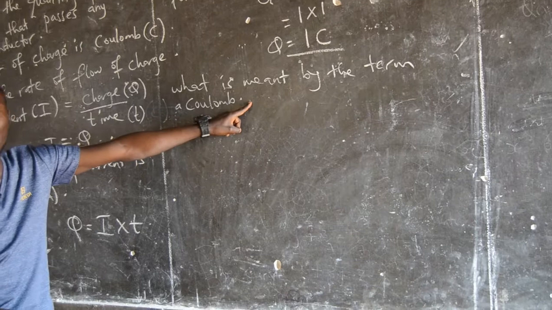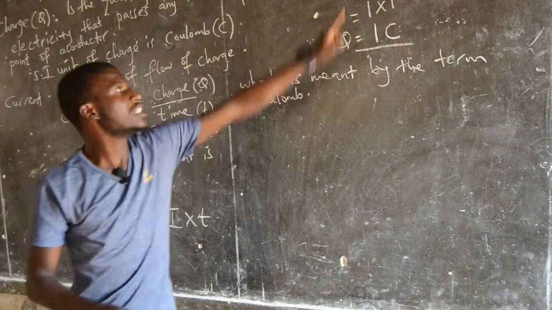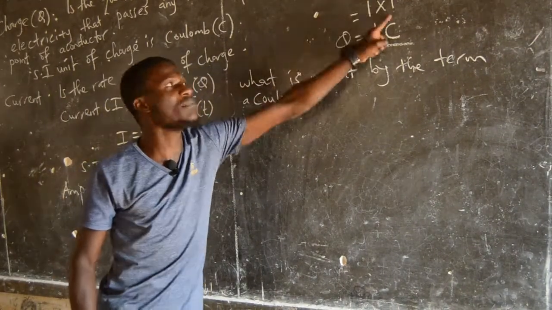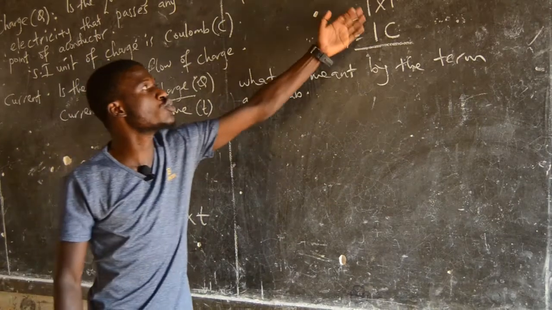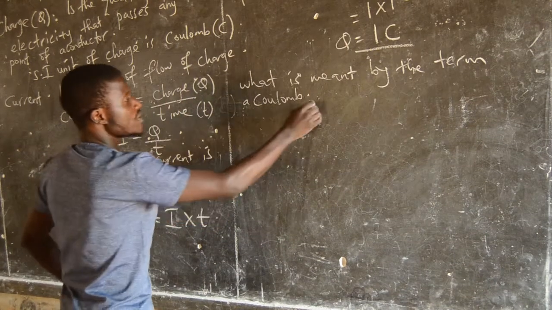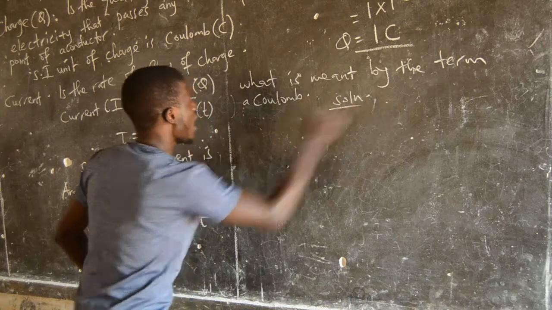Are you seeing my question? Remember, to get 1 coulomb, the current is 1 ampere and the time is 1 second. Therefore, we are going to use some of these and we define. So we say, solution to this, a coulomb